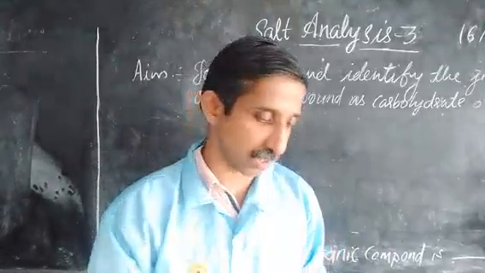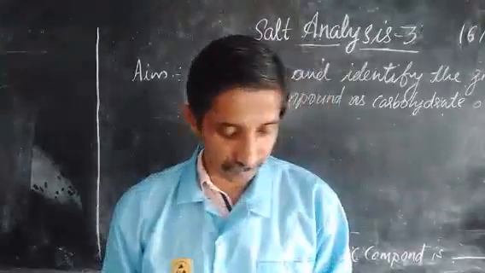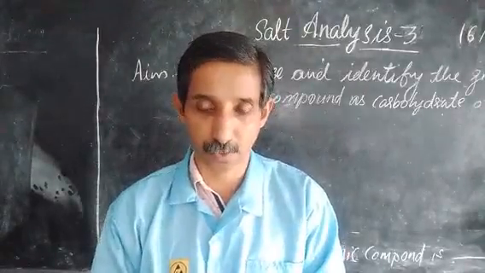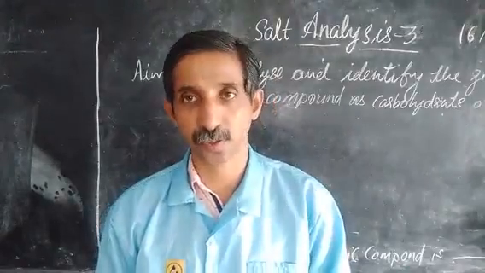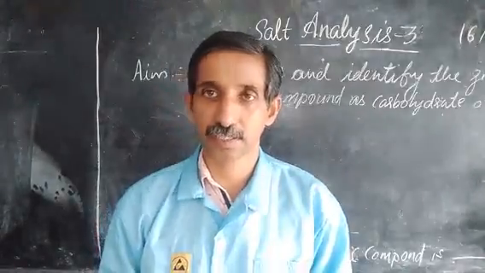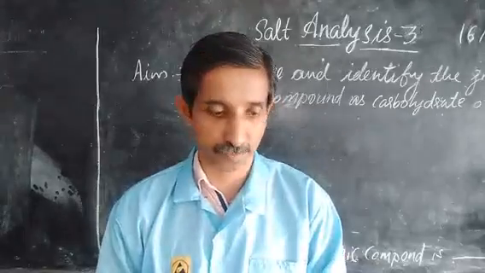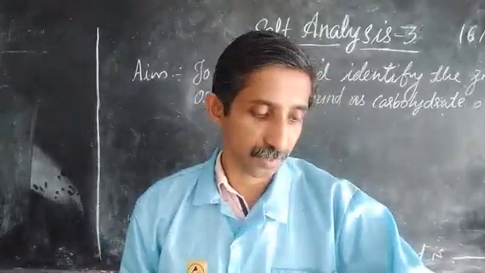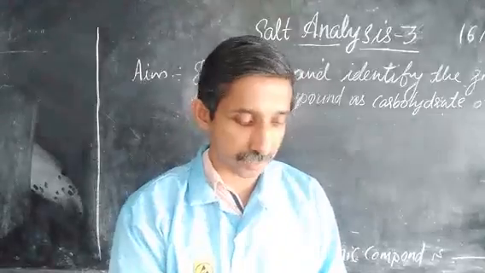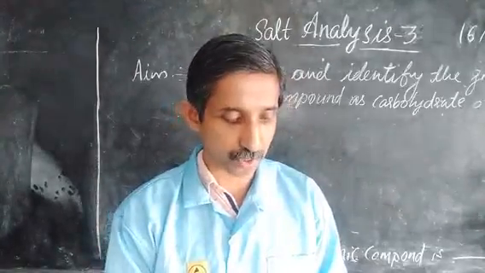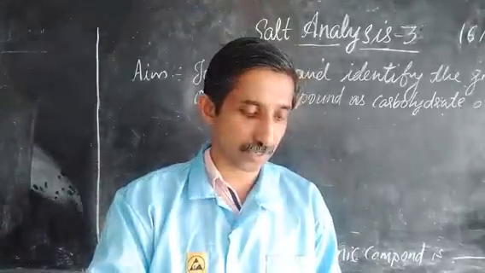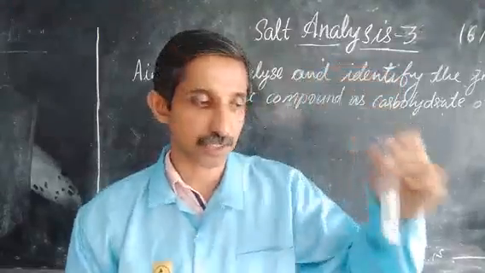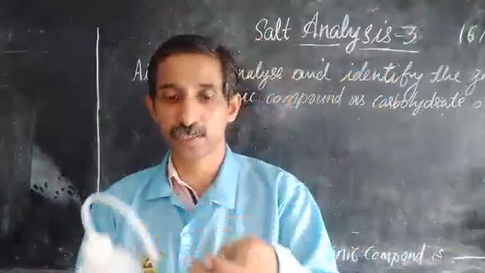You can note it down. That's all for the first test. We have 5 tests in today's organic compound also. The second test is the test with sodium hydroxide solution. For that, we need to prepare a solution of the organic compound. In the first one we directly added acid into the solid compound, but for the second one we need to prepare a solution. For that, a little bit of the organic compound is taken, and with distilled water we make a solution.